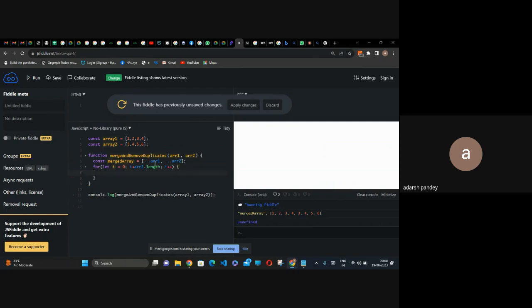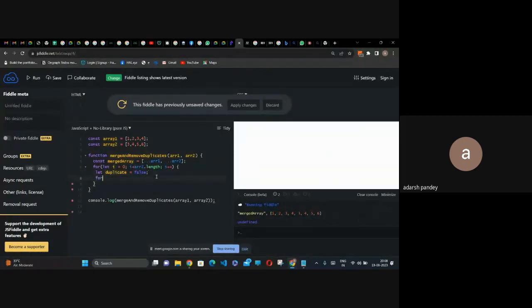We have this loop and okay, so array 2 dot length. Okay, we have put the loop. Now I initialize a duplicate variable. let duplicate should be false. I have iterated over array 2, because I will compare array 2 with this merged array, to check whether its item is inside it or not. So let me check. So I have just initialized a duplicate variable which is false, and now I'm going to